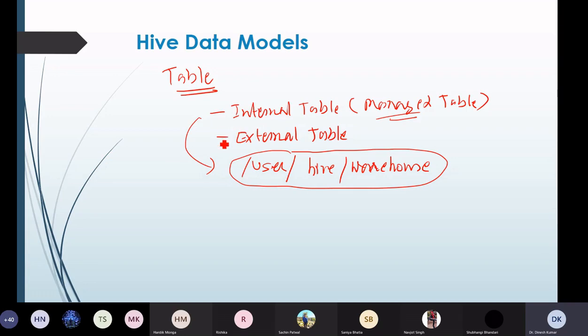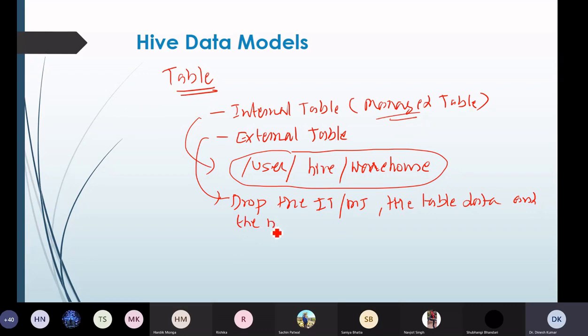So if we drop an internal table, the managed table, the table data and the metadata associated with these two will automatically be deleted from HDFS.